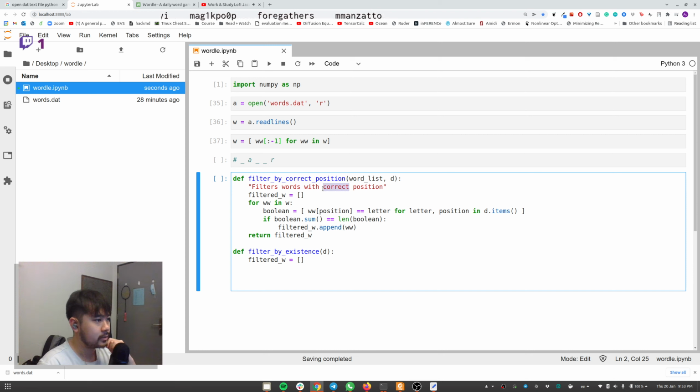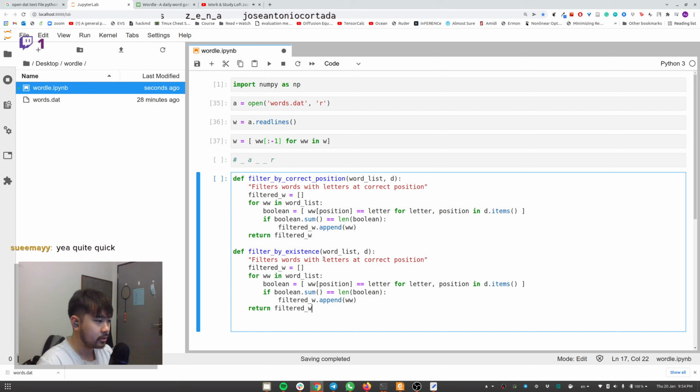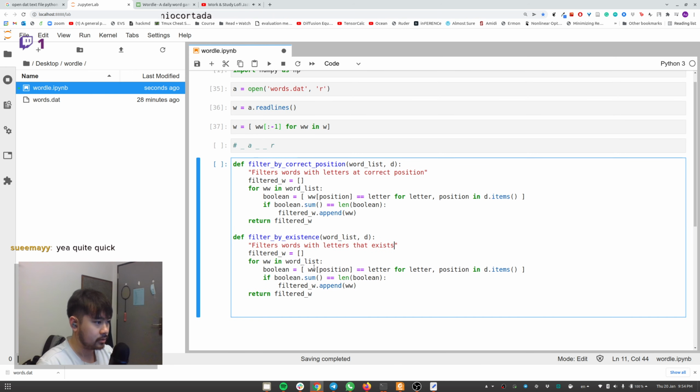With letters at correct position, so you get a word list. So word list, and then you get a word list as well. So it's actually kind of similar. With letters that exist. Okay, so it will be every word in the word list, and